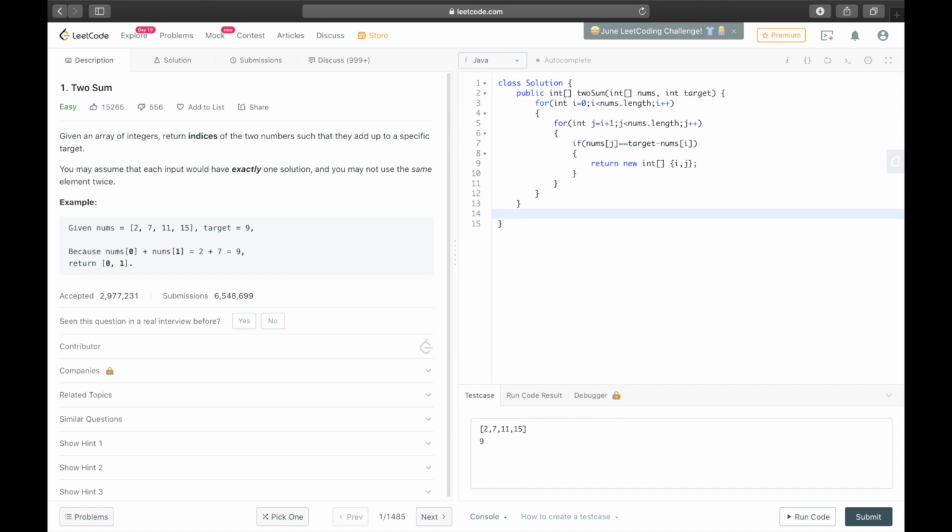So we also need to give another return statement here. Now let's run the code to check if it works.